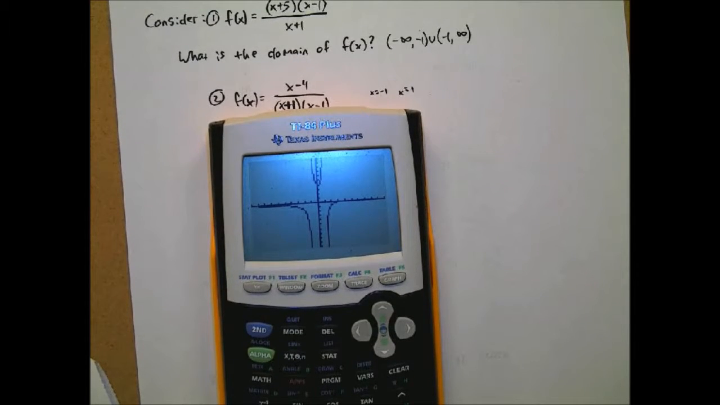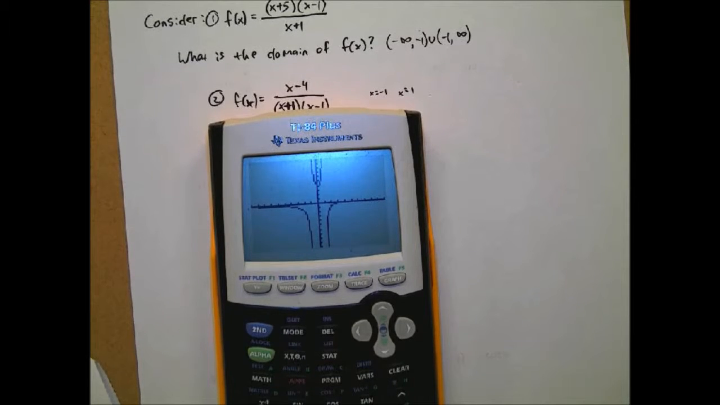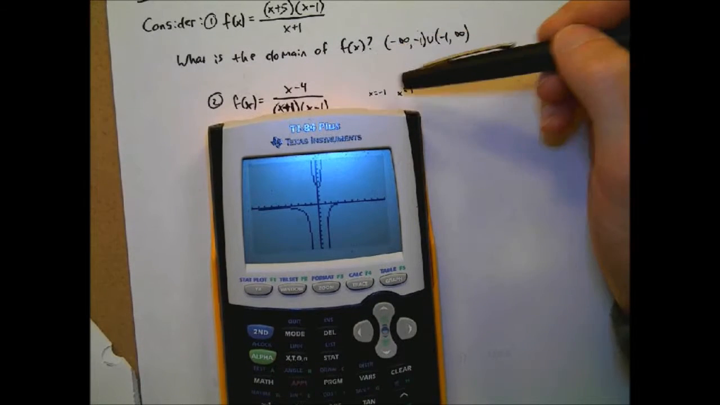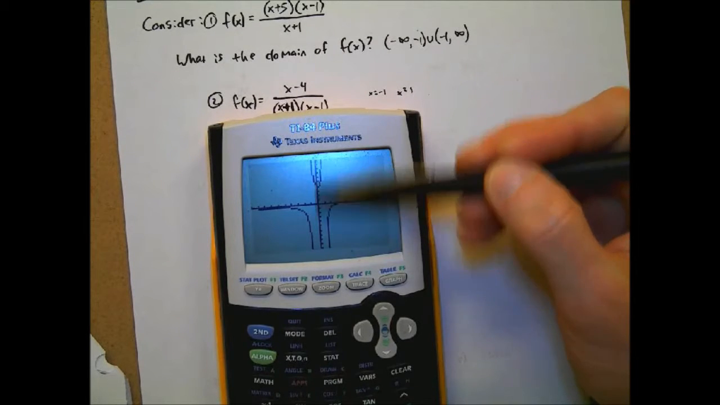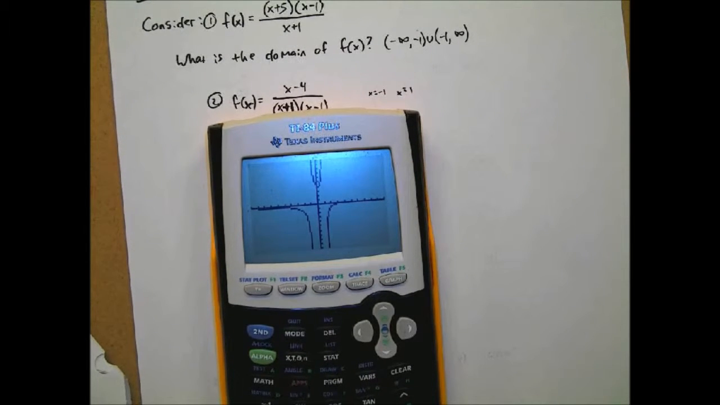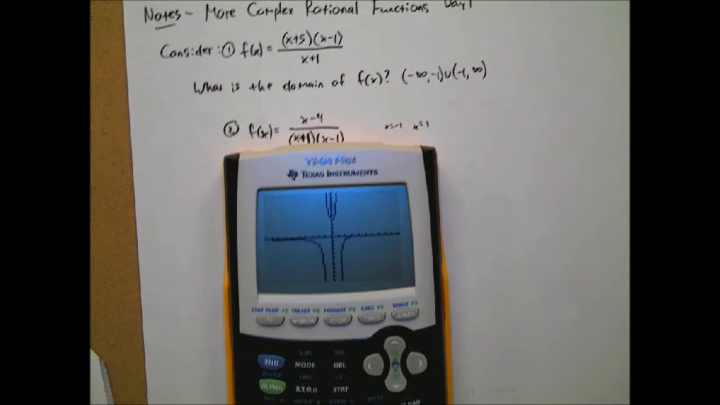So -1 works, right? You can see it's excluded. Do you see also the x equals 1? We also need to exclude there, right? You see that vertical asymptote there at x equals 1, so we're going to exclude that too. Okay, so our domain then is going to be